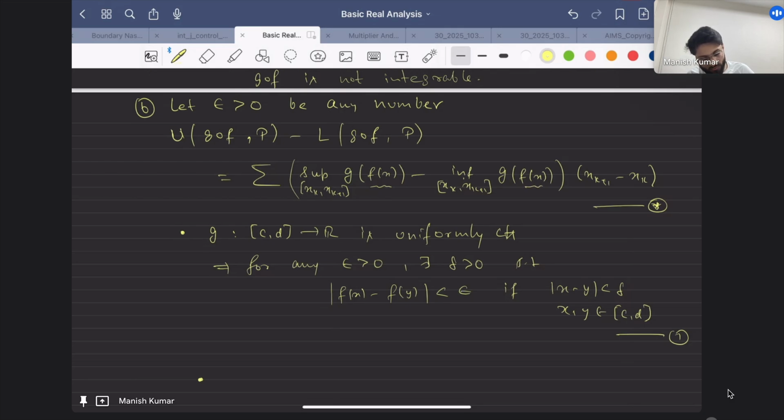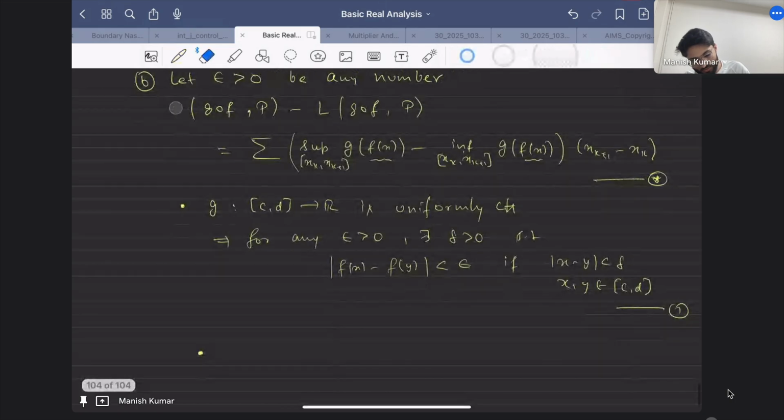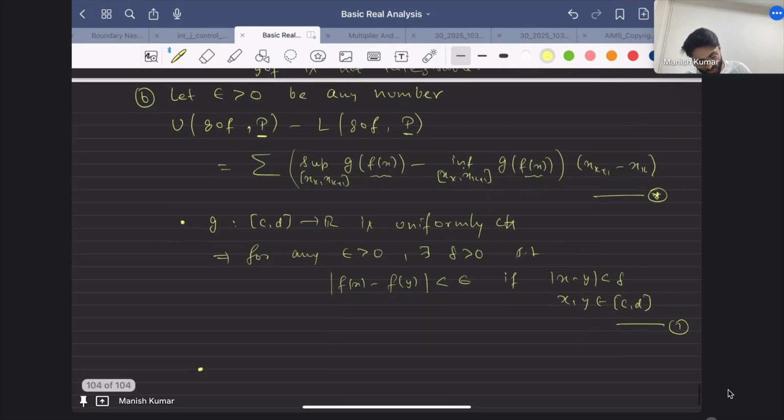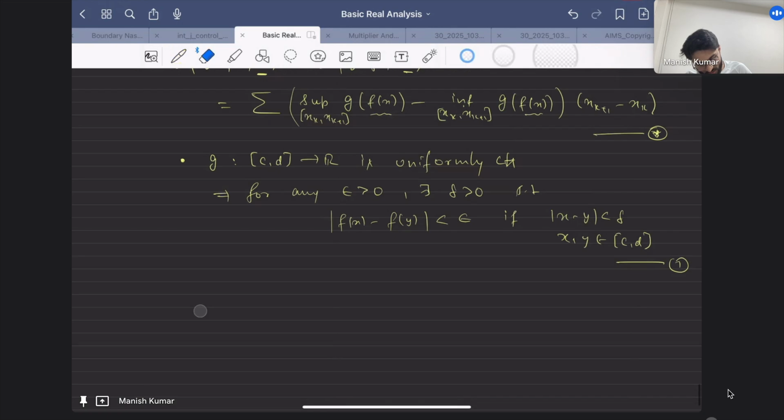So the point is that I need some partition, right? So I am starting with any partition. Now, since this function f is integrable,